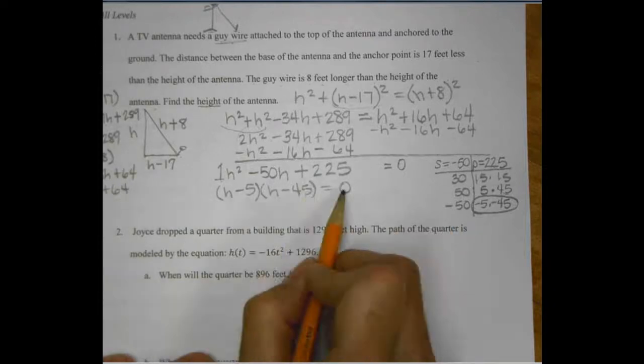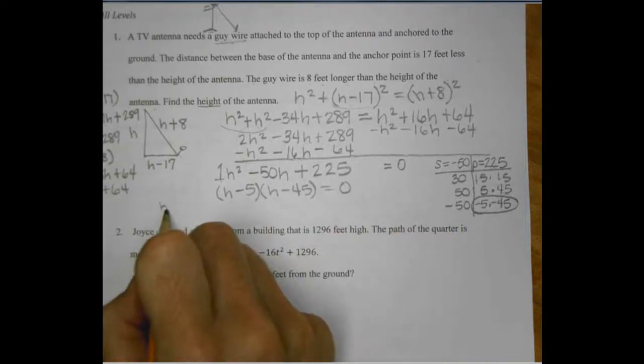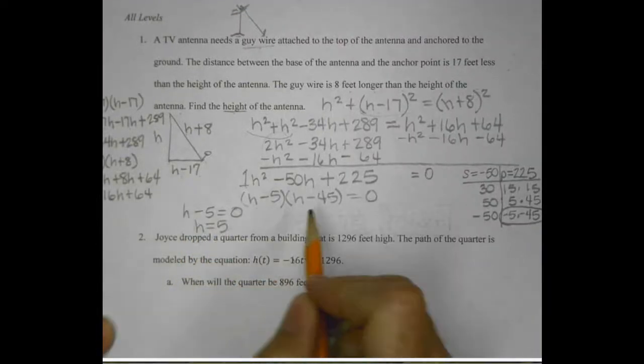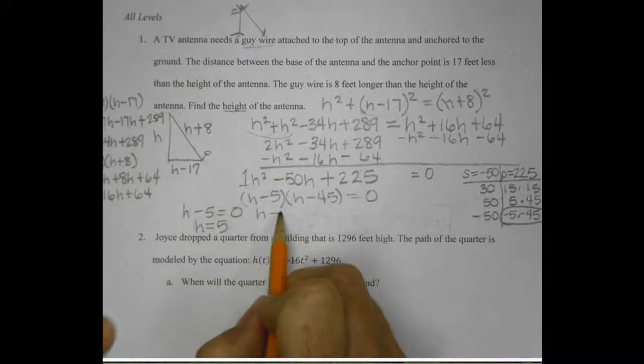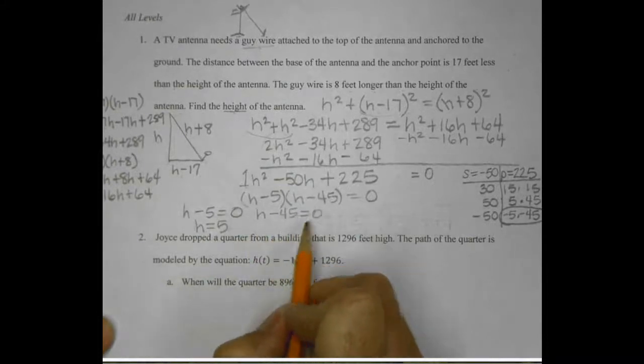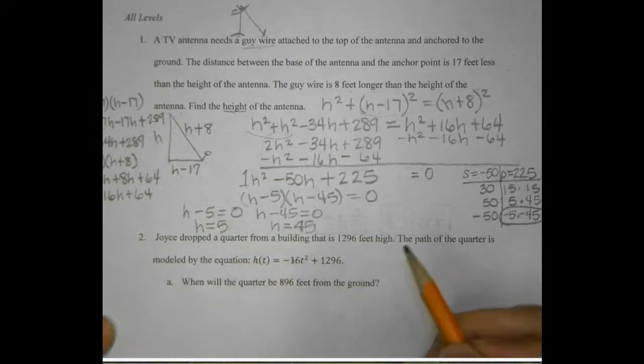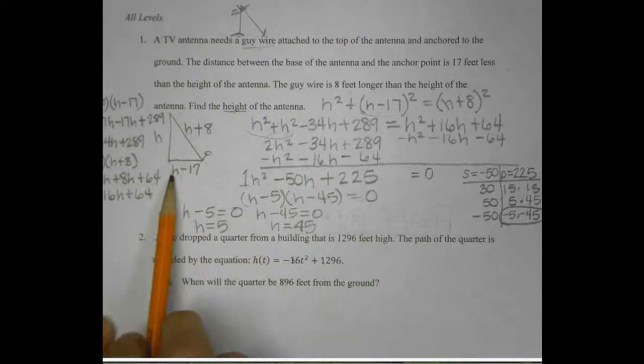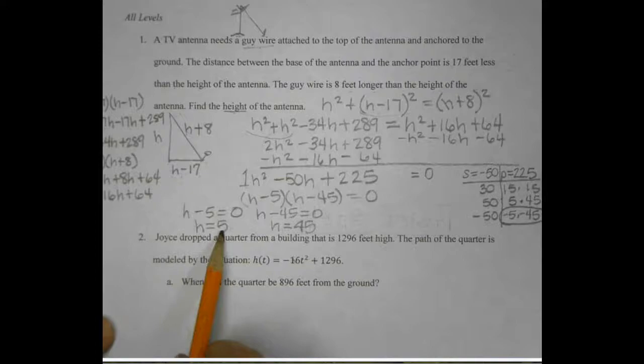Now I set each of these factors to 0, so I have h minus 5 equals 0. That comes to h equals 5. And over here we have h minus 45 equals 0, which comes to h equals 45. And we have two positive answers, and that's a little bit unusual, but we have to come back to our original problem and check them out. If I use a